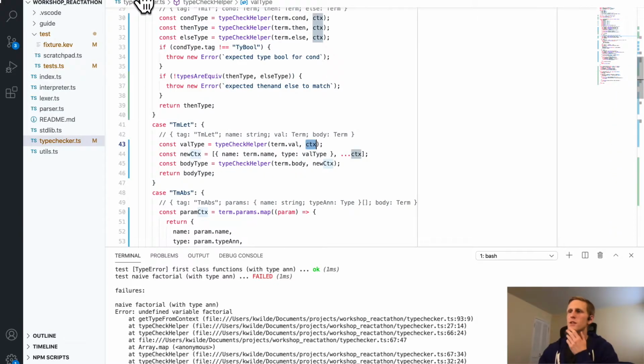What we want to do is put that variable into context and say, hey, this variable exists, we just don't know its type yet. Its type is to be determined, but it exists in the context. Right now, we don't have any way of doing that. We don't have a way of representing a type that is to be determined. So with that said,